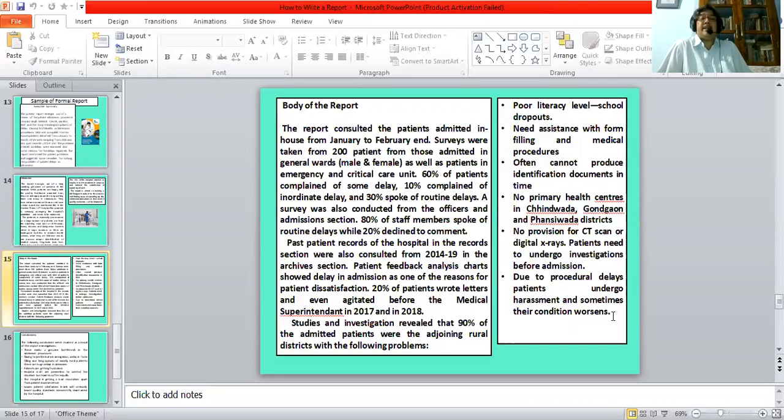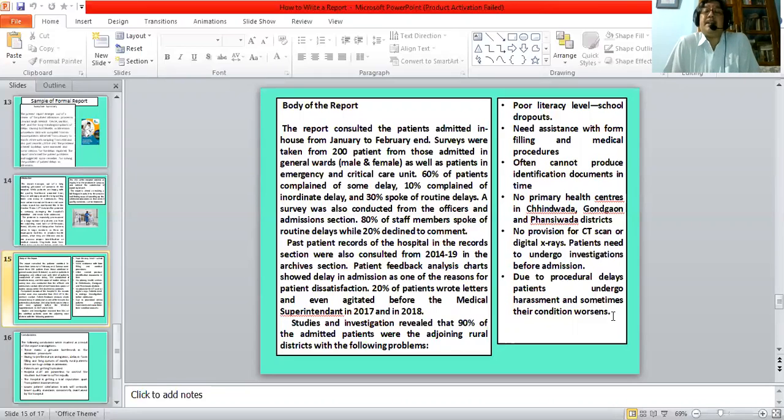20% of patients wrote letters and even agitated before the medical superintendent in 2017 and 18. So it's been a long-standing problem, a recurring problem, and there has been very little solution possible to this problem. Now, studies and investigation revealed that 90% of the admitted patients were from the adjoining rural districts, and they had the following problems: